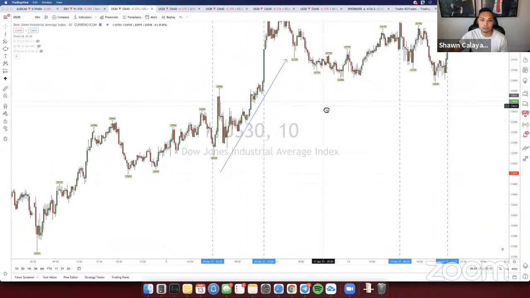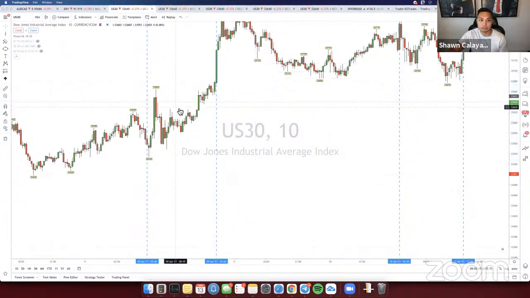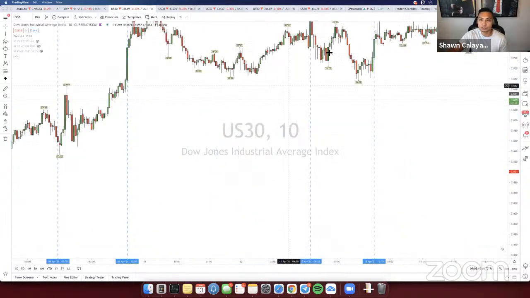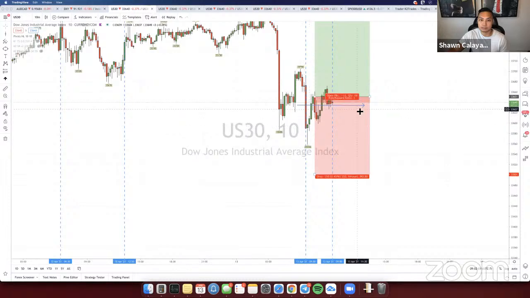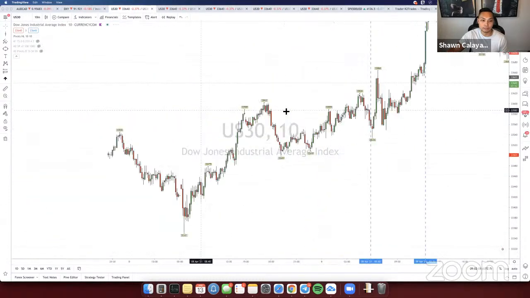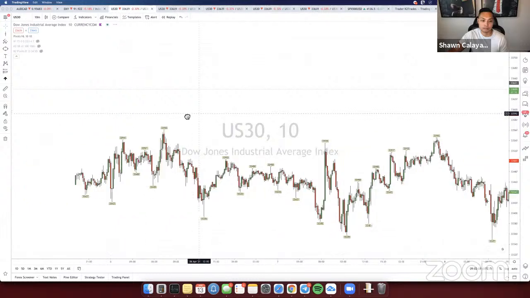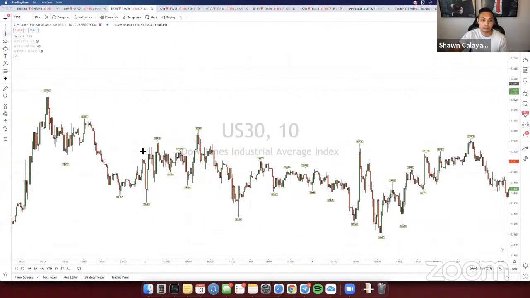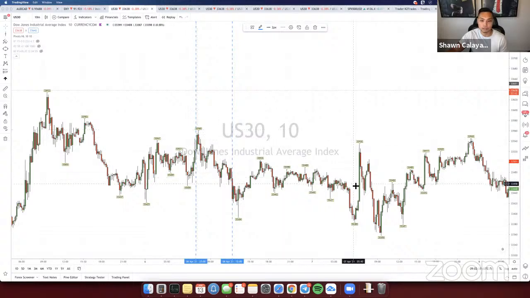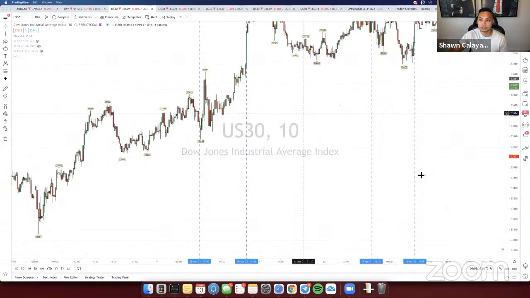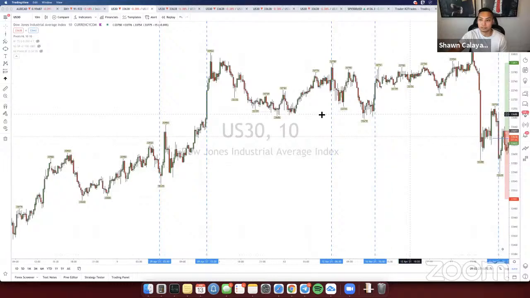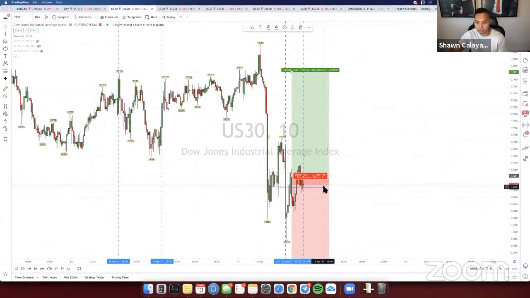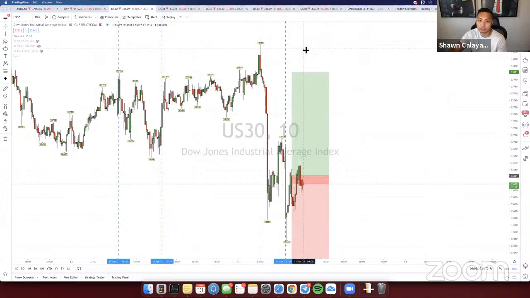See, this is how New York session is supposed to move. Super bullish right here, right? Super bullish, bearish, sideways. And then again right here, same situation over here again. From this area here, bearish, bullish, bearish, and now sideways. So I'm just trying to show you guys that, when the market's like this, it's kind